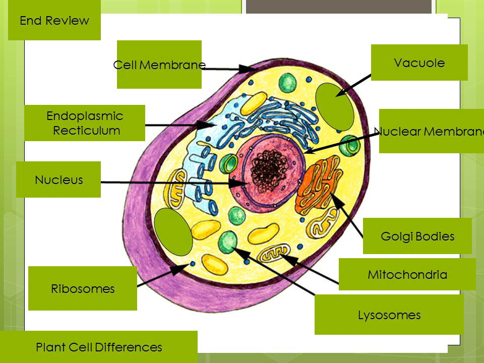Okay, this picture shows the cell and the Golgi body. Starting at the top, the cell membrane on the outside edge, vacuoles here, the big green circle. Nuclear membrane is around the nucleus. The Golgi bodies here look like this ribbon all folded up. The mitochondria here look kind of like jelly beans cut in half. Lysosomes here in the middle.